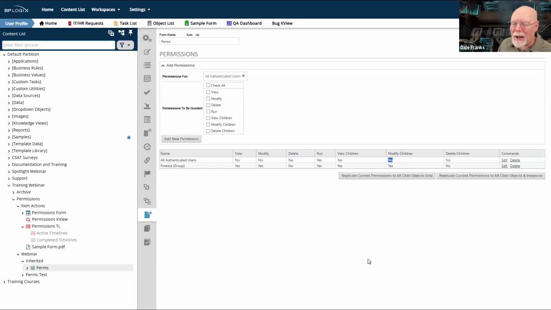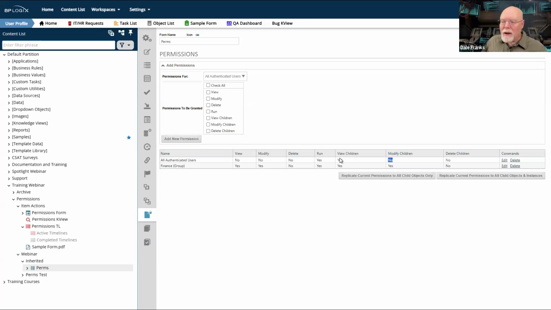You will automatically receive modify permission on that form as a task participant so that you can complete the task. You'll receive any permission that you need to complete whatever task is assigned to you, irrespective of any of the permissions that have been explicitly granted in any of the objects in Process Director.